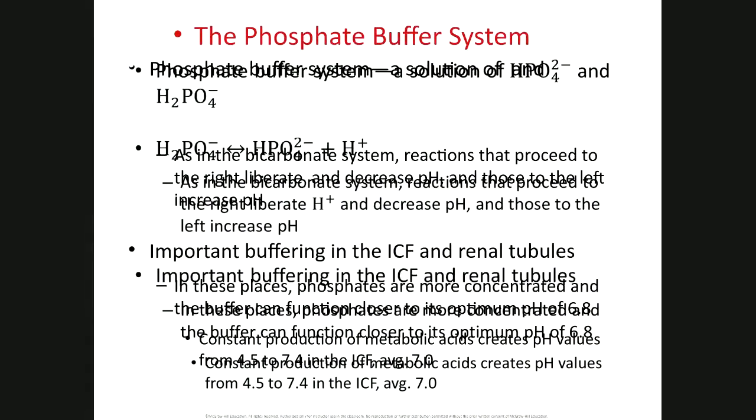This is when you are in an acidic situation. Now, if you need H ions because you're alkaline, then you use H2PO4, break it down, and the byproduct is